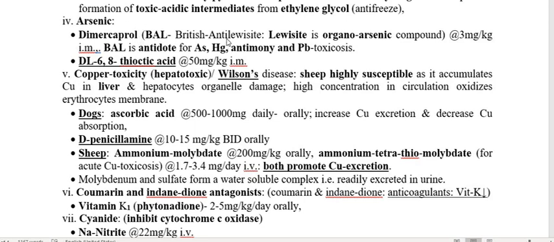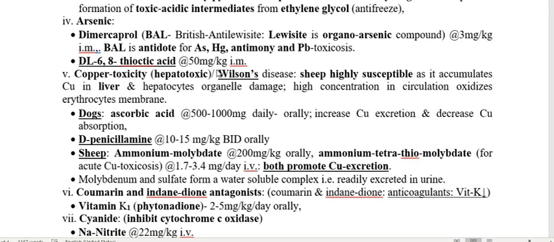So it is easy to recall, and the dose rate is 3 mg per kg intravenously. BAL we have to administer, and the other name of BAL is dimercaprol. Dimercaprol is usually used for arsenic or other heavy metal toxicity like mercury, antimony, lead, and other heavy metal toxicity. Along with dimercaprol, we may give as an antidote of arsenic toxicity DL-6,8